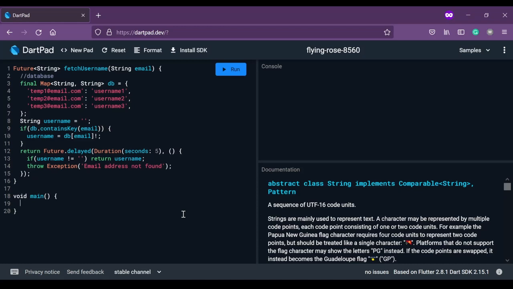Now we can head over to our main function and make a call to this fetchUsername function. We are going to take input from the user, which can be a text field in a real application, but here I'm going to be lazy and just make it a runtime constant. Let's call it emailInput. Initially I'm going to give it a valid input that we know exists inside the database. So let me make it